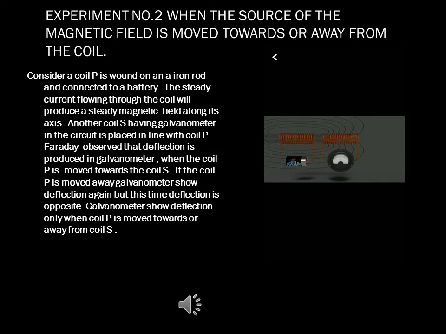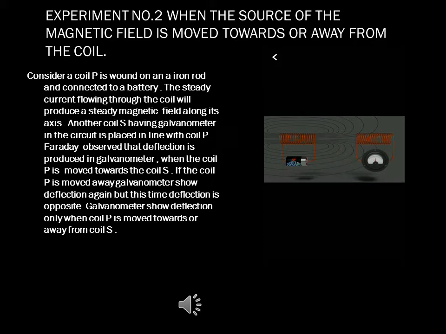Although in that condition there is magnetic flux linkage in the second coil from the first coil, no voltage is induced in the second coil. Now, we move the second coil inside the influence of the magnetic field of the first coil. We can observe that during movement of the second coil, the pointer of the galvanometer deflects. This indicates that some voltage has been induced across the second coil while it was moving.